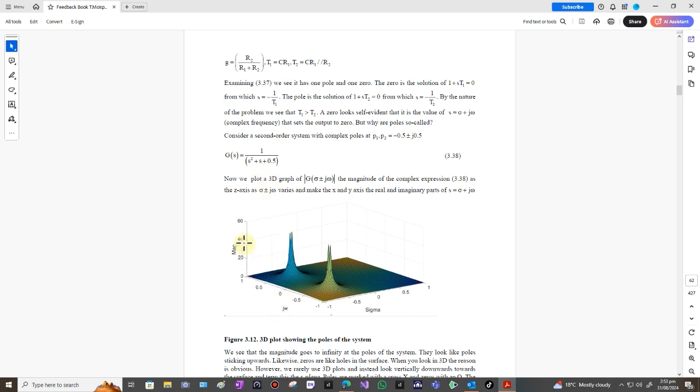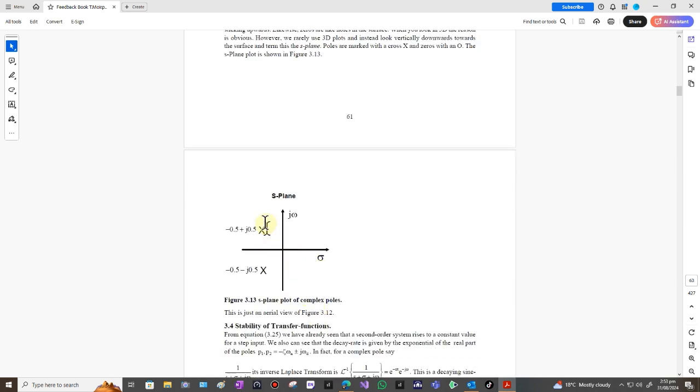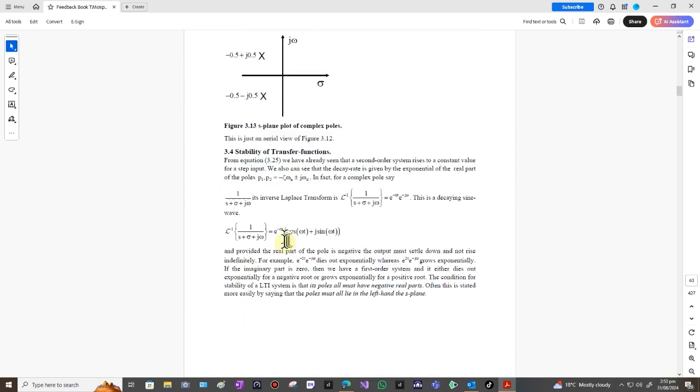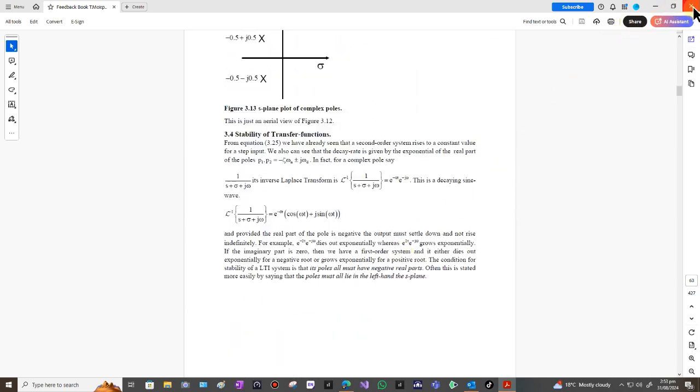But just to try and explain to you as much as I can on this, just with a cursor, the Bode plot is like the front of the plane here, whereas the S plane is looking down on the top. Okay, so there it is, drawn like that. I didn't draw the magnitude. So getting back to AI,